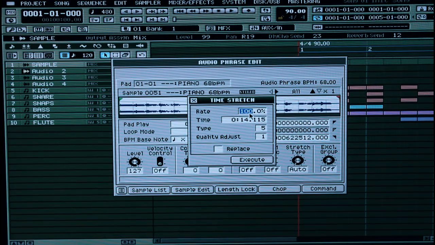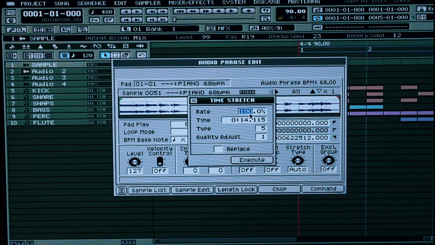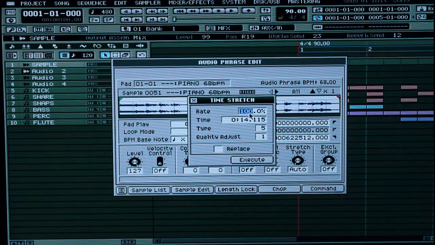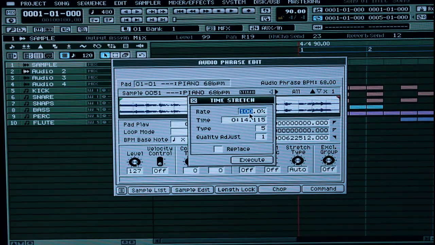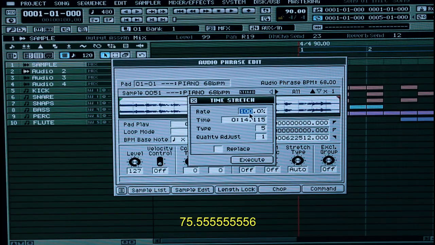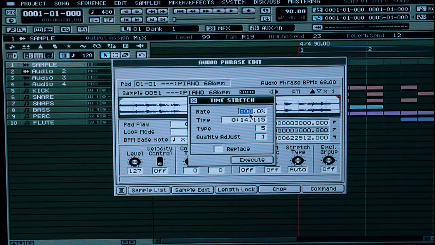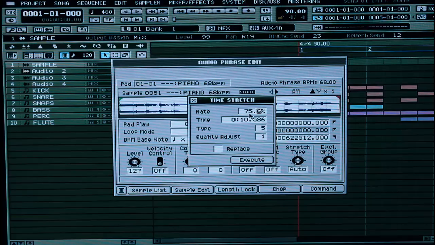Now, when you calculate this number, it's going to give you a long number. So for instance, I've calculated this sample already, and it's giving me 75.555555556. So those are the kind of numbers you're going to get. So the way I would do this is I would go 75.6,